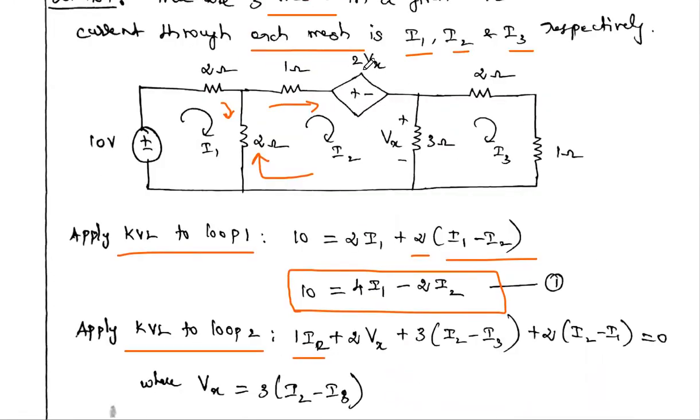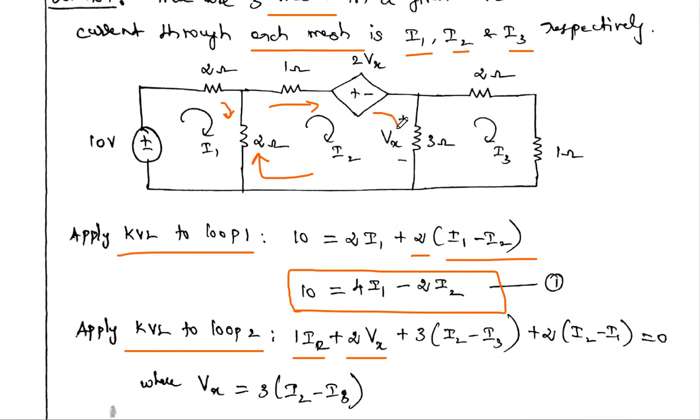Then when we come here, this is the voltage source. The voltage source is plus to minus. Plus means higher potential to lower potential, so this is also a voltage drop. What is the voltage drop value? 2 into Vx. So you just add it on the voltage drop side.